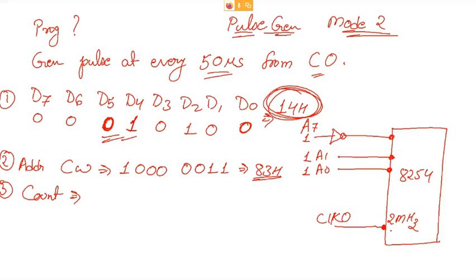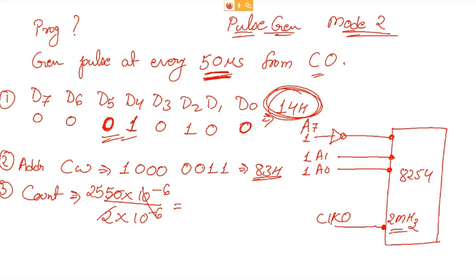You know the clock frequency. This is your clock frequency, and this is the frequency at which the out should change its value. So you just need the period at which the output should change, which is 50 microsecond, divided by the clock period. If you do this calculation, you will get to the count value.